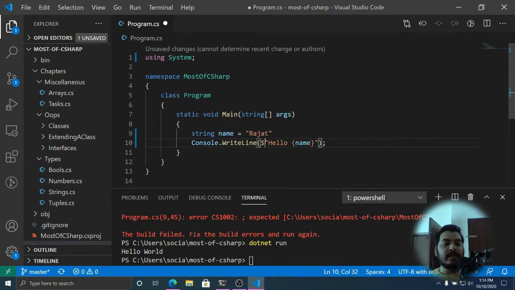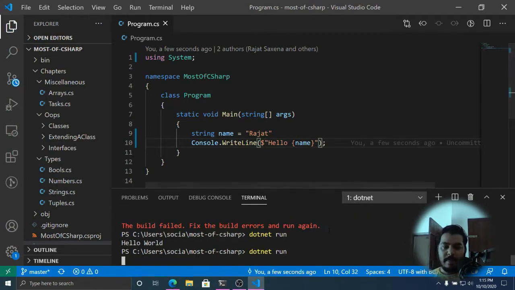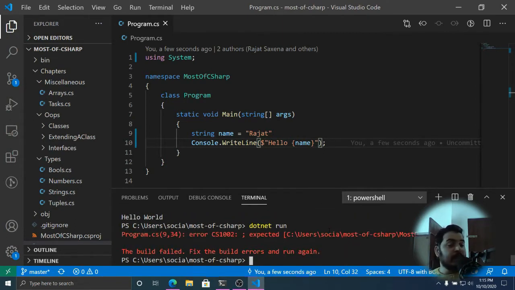So this converts the normal string into the string template. Now this string template gets processed before creating an output, which means that this name variable will be substituted here. And the way to identify a string template is by identifying this thing right before the start of the double quotes. Okay, so this is the string template or the string interpolation.